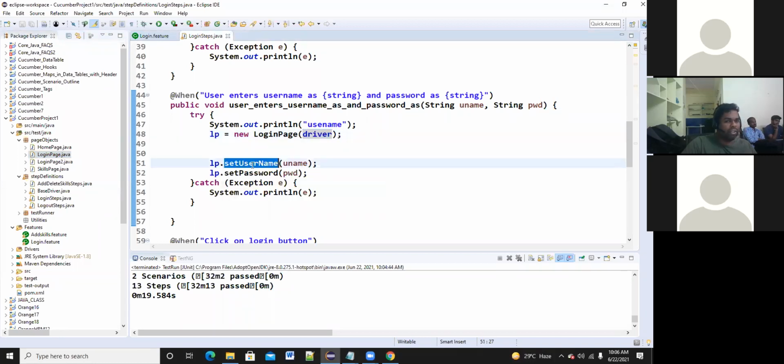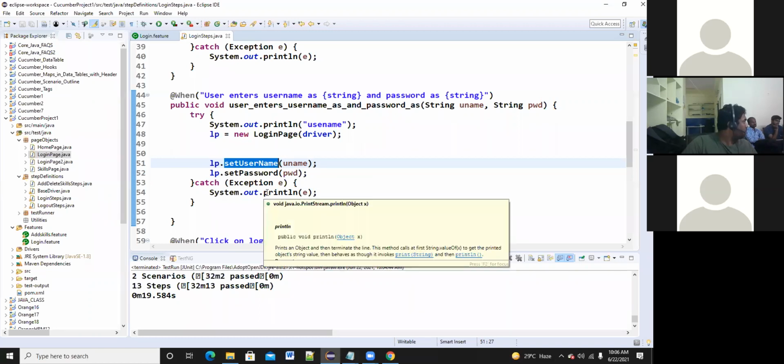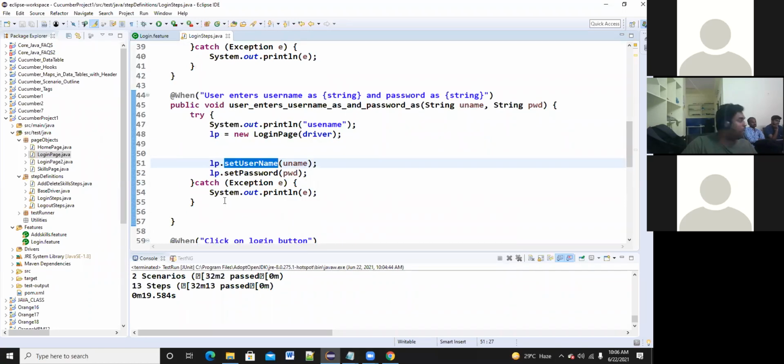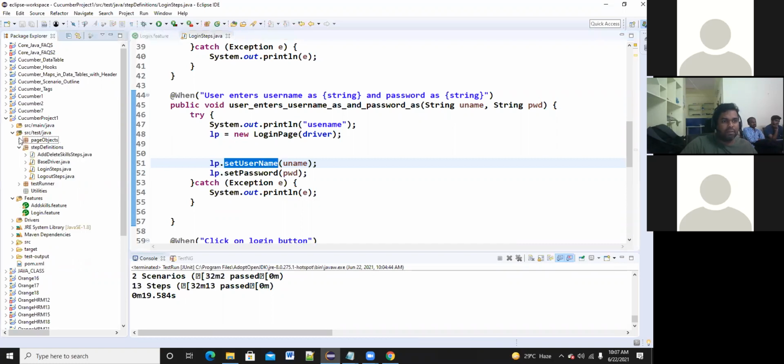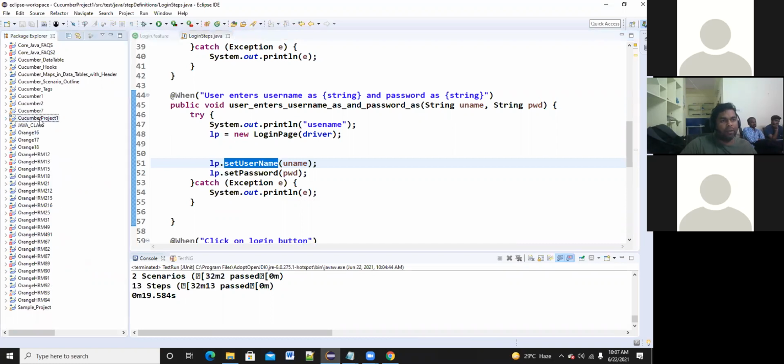Instead of writing for every text field, if you're writing multiple methods, you can avoid that. You can write a single method, lp.login method, which contains username comma password. So it will be executed. So like that, your login method will be executed. So like that, you need to understand the technical flow. So is everyone clear on the page object model and TestRunner.java? Has anybody any doubts? Okay. So looks like everyone is okay. So we have completed Cucumber projects, all the 6 projects. Okay, let me copy this one. Cucumber project, Cucumber hooks and Cucumber tags.